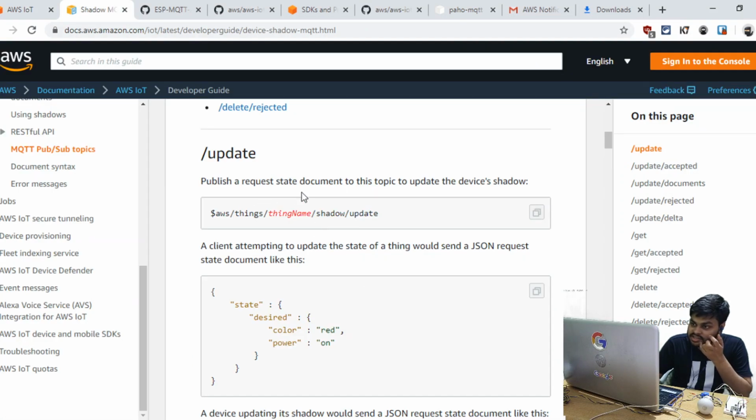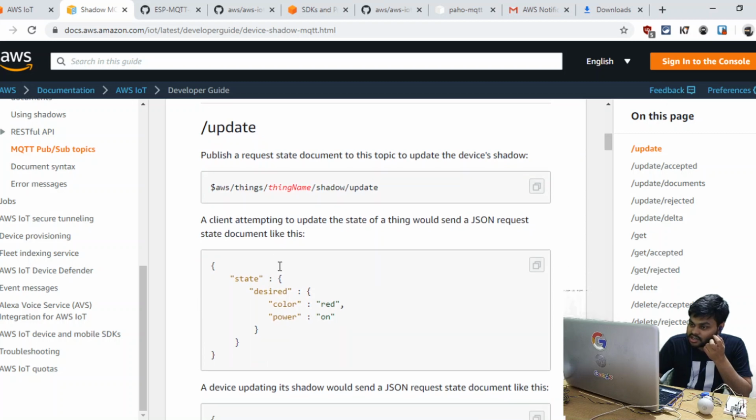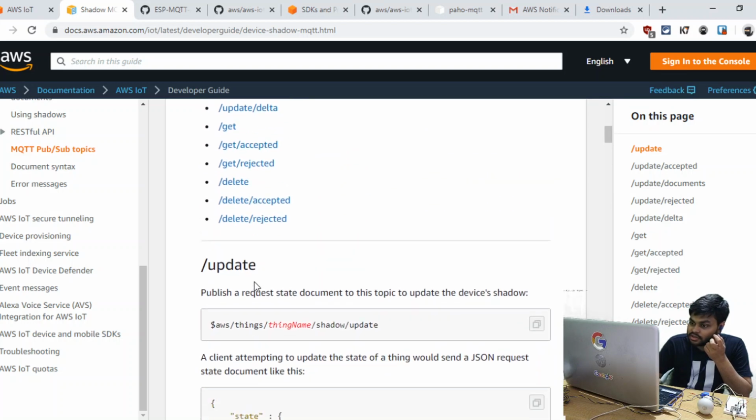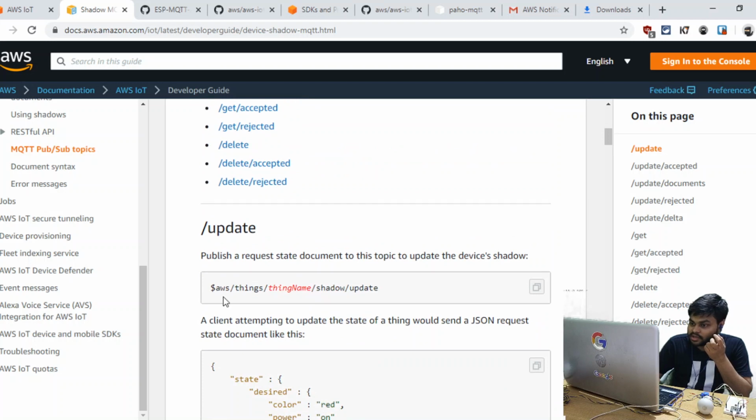Fine. Publish a request state document to this topic to update the thing shadow, and our data is stored in this type of JSON format: state, desired, color, power; state, reported, color, power. So we need to send this type of payload to our broker on this topic.